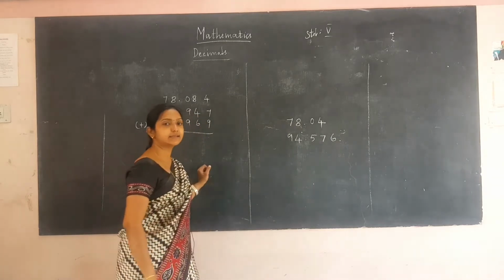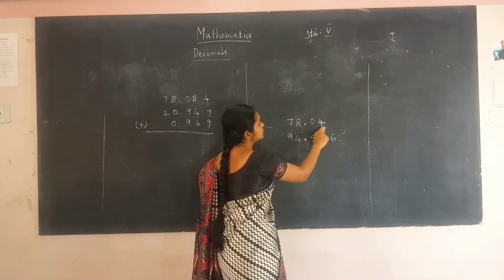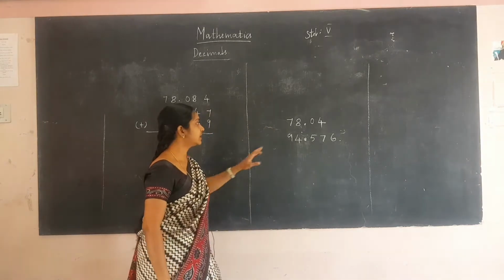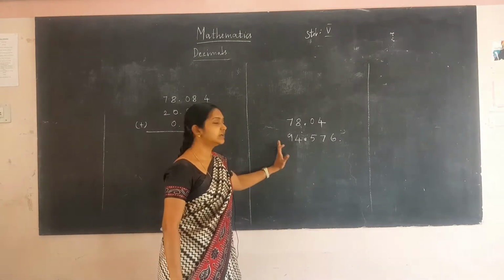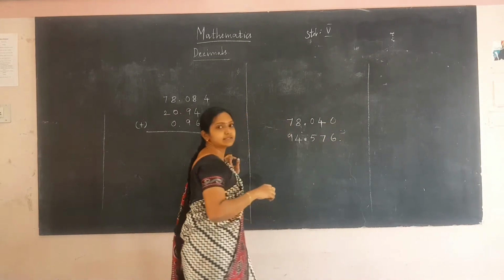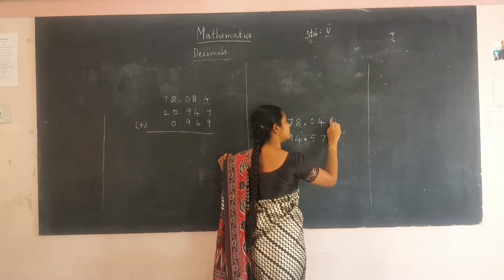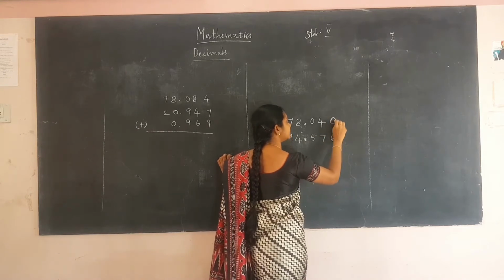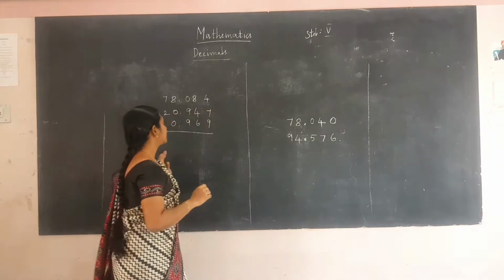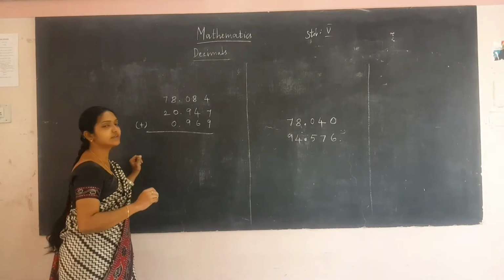They are unlike decimals because here after the decimal point we are having 2 places, and here after the decimal point we are having 3 places. So, they are unlike decimals. To convert unlike decimals into like decimals, we have to put the 0 where it is required. Here we have 3 places and here we have only 2 places. So, we have to put a 0 to make it into like decimal. Now, we have converted them into like decimals. But here already the decimals are like decimals. So, we can add. We can start adding.